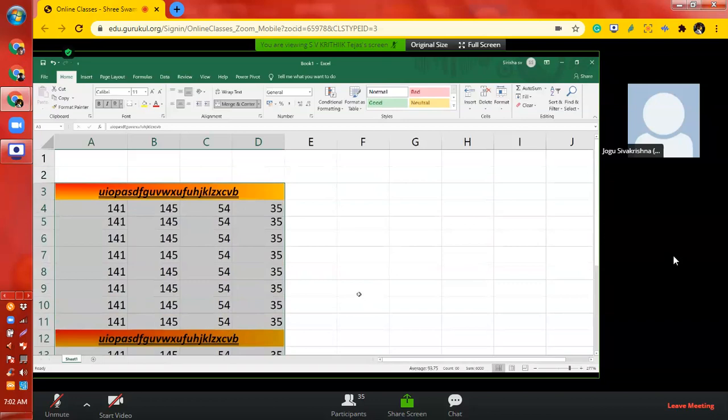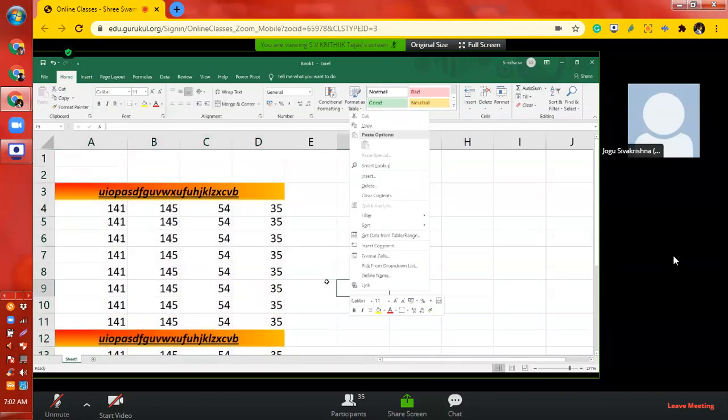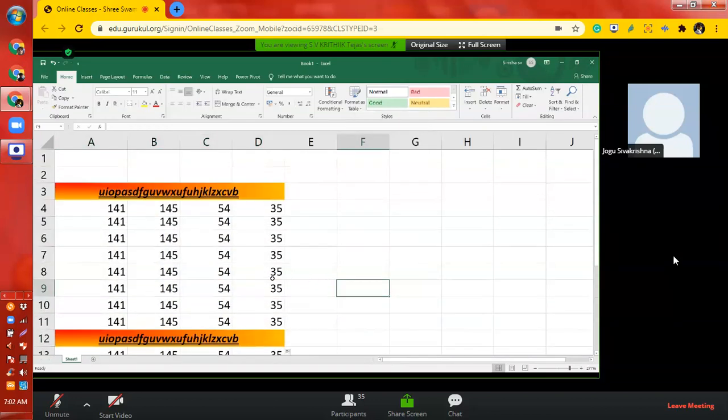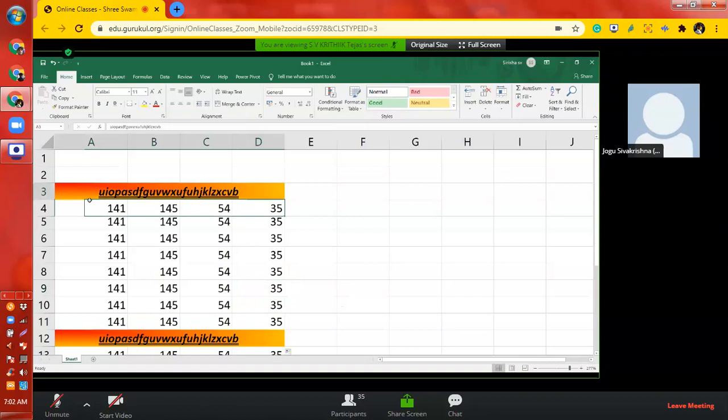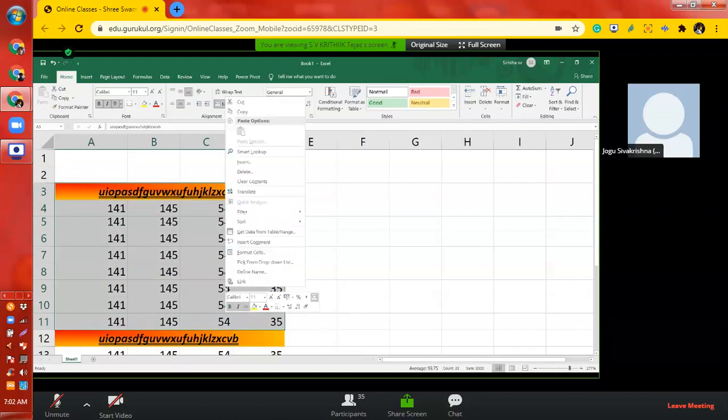Yeah, you can right click over there. First of all, we need to select the text, beta. Only one, yes, only up to there you select. Yes, up to there, enough. Yeah, you right click and take format cells. Yes, format cells again.